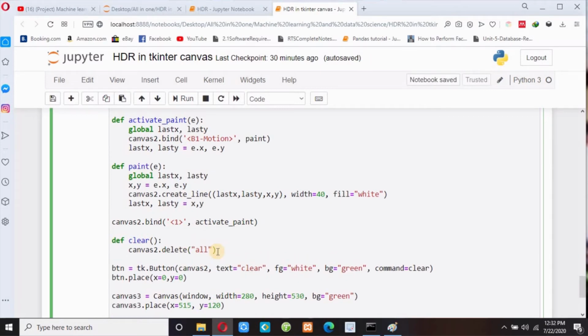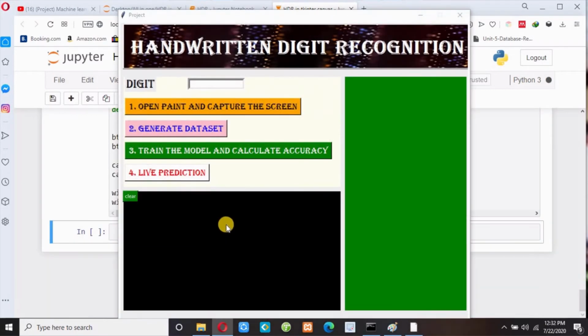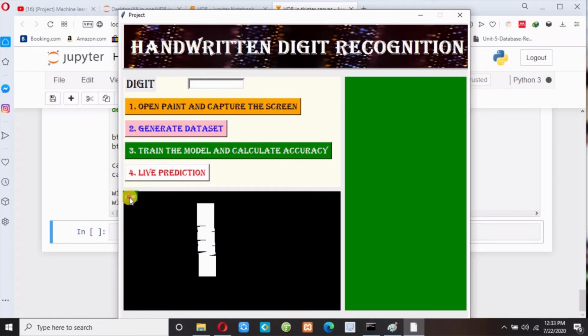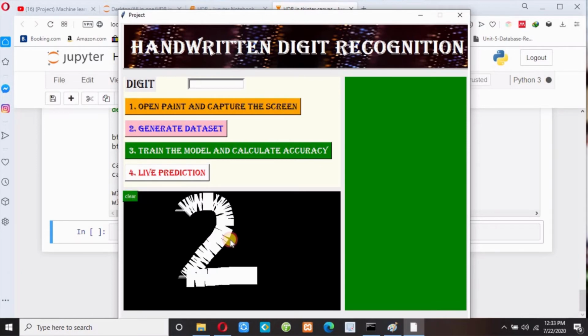Now if I execute this code, and suppose I draw 0, and if I press clear, okay, so 1, if I press clear, 2, if I press clear, 3, if I press clear, you can see here this method works. But one thing guys, if I draw 2 here, you can see this image is not so smooth, so our accuracy will decrease here.